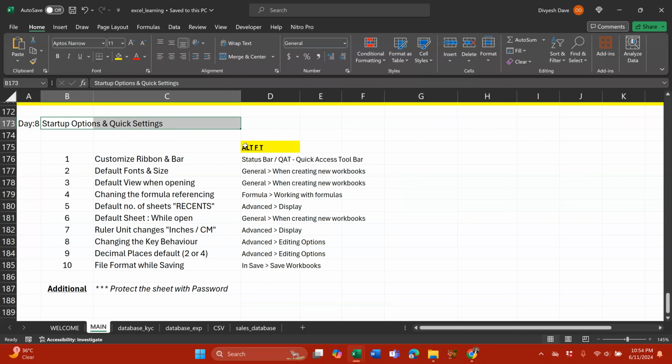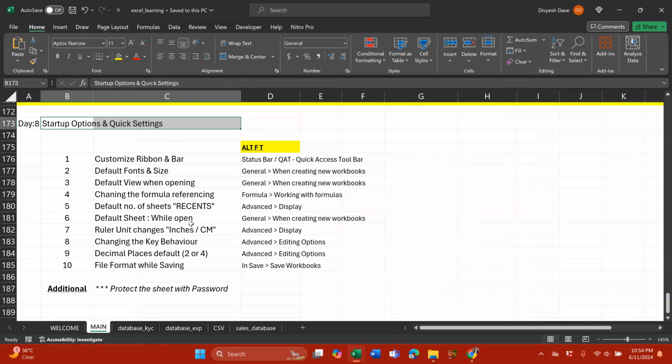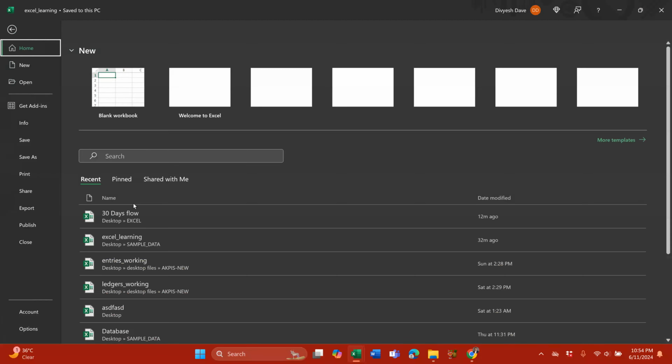We all know what is the shortcut of settings, Alt FT, right? Alt FT. So when we press Alt FT, the Excel options open, and this is what we are going to learn. We are going to fix at least the top 10 settings that I really want you to know, that you should know about these 10 settings. So the very first is